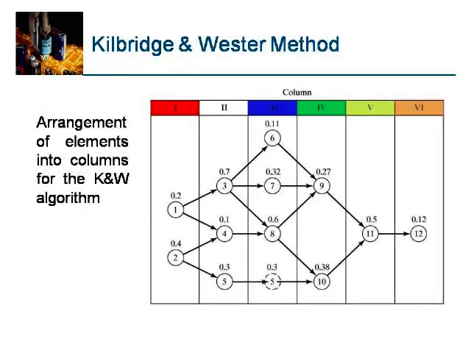Now next is Kilbridge and Wester's method. In this Kilbridge and Wester's method, the activity that we have to do is arrange work elements into columns according to their position in the precedence diagram. Work elements are then organized into a list according to their columns, starting with the elements in the first column. Proceed with the same steps 1, 2 and 3 as in the largest candidate rule.